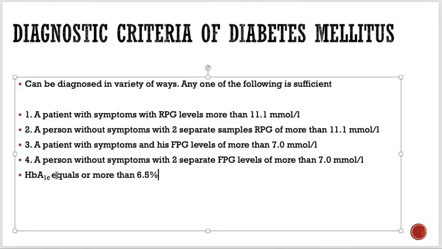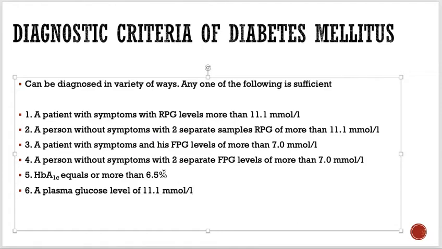So this is the important thing. This is also one of the diagnostic criteria for diabetes mellitus, and this is criteria number 5. And then of course criteria number 6, a plasma glucose level of 11.1